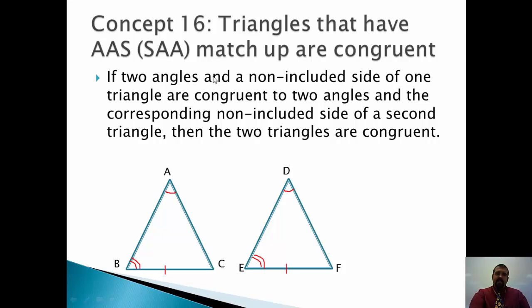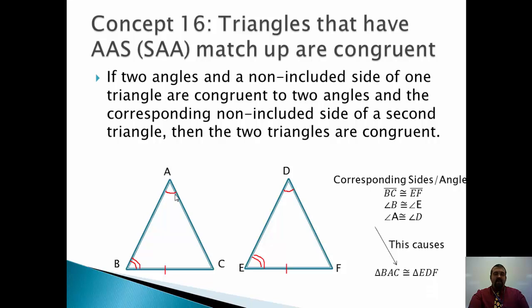So, if two angles and the non-included side of one triangle are congruent to two angles and the corresponding non-included side of a second triangle, then the two triangles are congruent. So in this case, angle A and angle D are congruent, angle B and angle E are congruent, and segment BC and segment EF are congruent, which causes these two triangles again to be congruent because of the angle angle side congruence